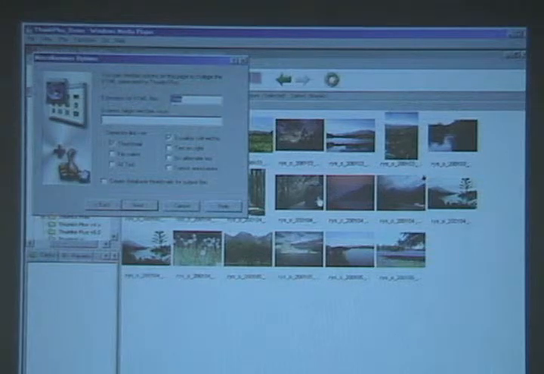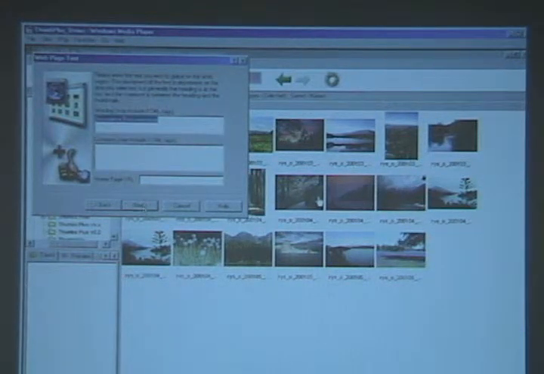The extension that we want to use will be HTML, and we do want to have a link generated for our thumbnails. If we had the file names out there, we could click these boxes and it would go off and make links for those too for you. Next thing, this is what we want to call this thing. This will be the title page of the page that we're going to create, and we're just going to call this Demo